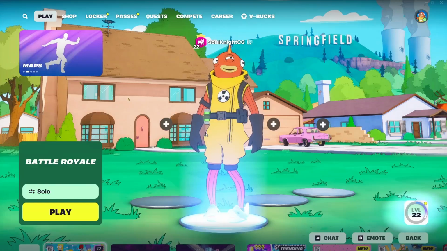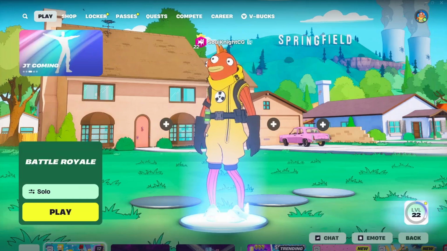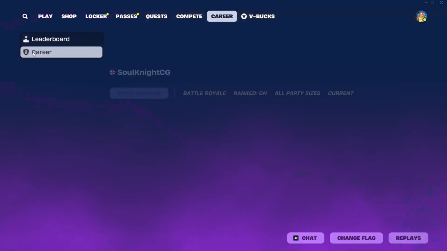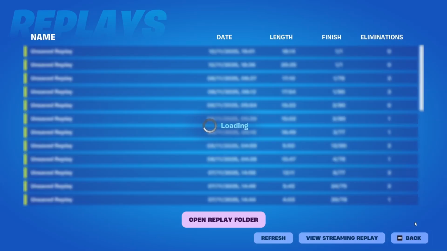So, once I've gone into the private royale and done all the movement bits that I want to do, I then come back out, come into career, and go into replays. So I don't actually record the content as I'm doing it, I'll record it via the replay section. So hit replay, wait for this thing to load,